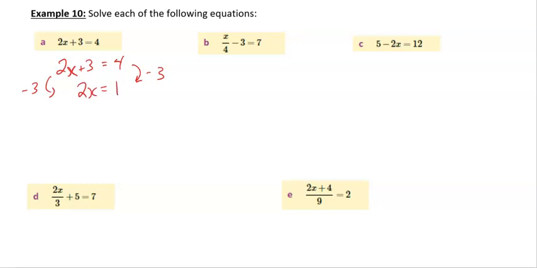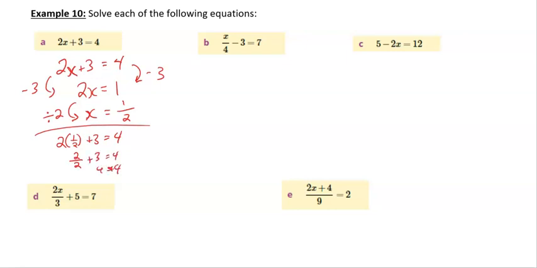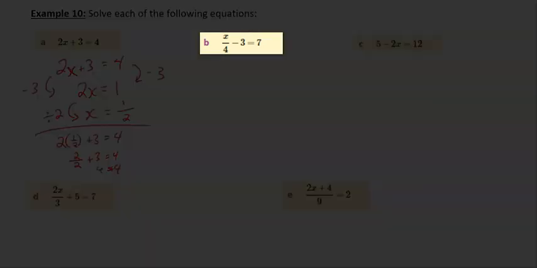4 minus 3 is 1. And now I've got 2x, which means 2 times x. So I divide by 2, and that gives me x equals 1/2. And so if I go back and check, and I substitute 2 times 1/2 plus 3 equals 4, well, 2 over 2 is going to be equal to 1, and 1 plus 3 equals 4. It works. So this one over here, again, I don't want to multiply by 4 right away because that's